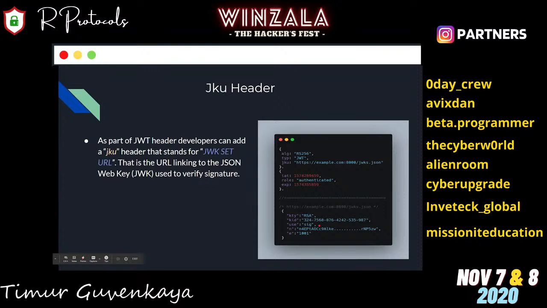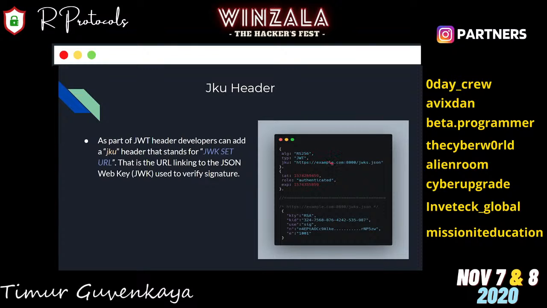Okay, let's move on. JKU header. As a part of the JWT header, JKU might be present. JKU basically means JWK set URL, the URL where the JWK resides.